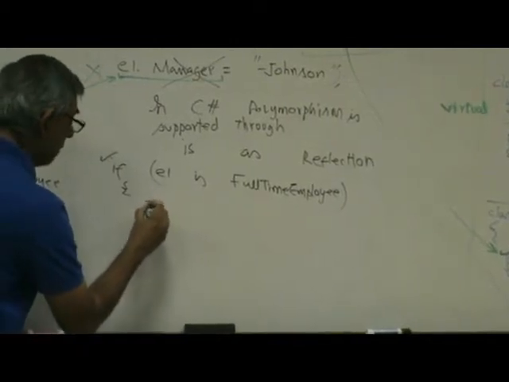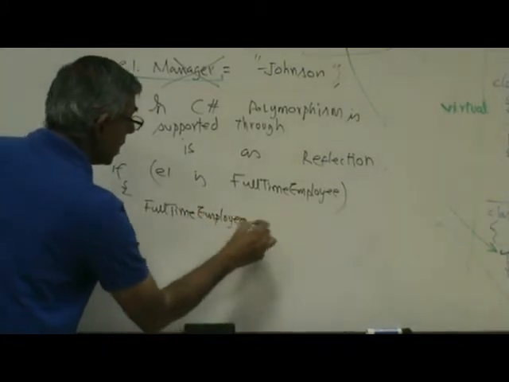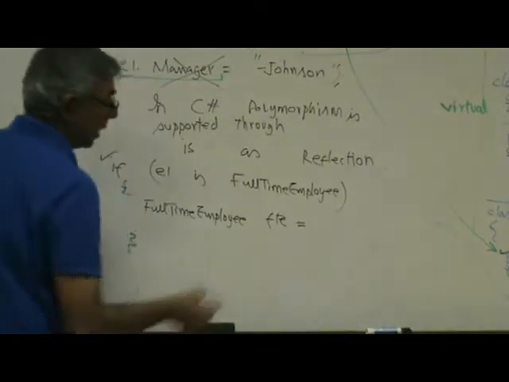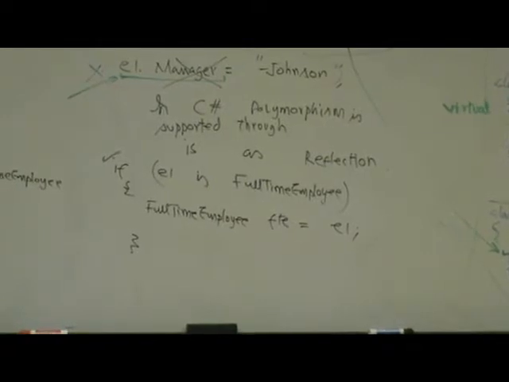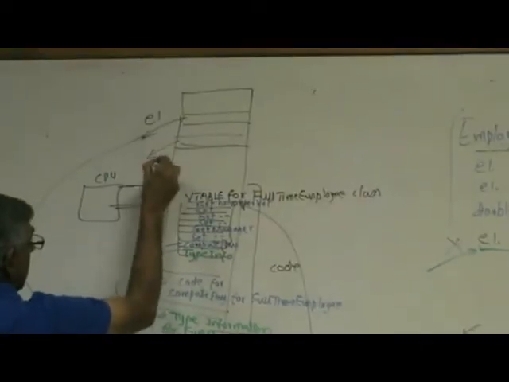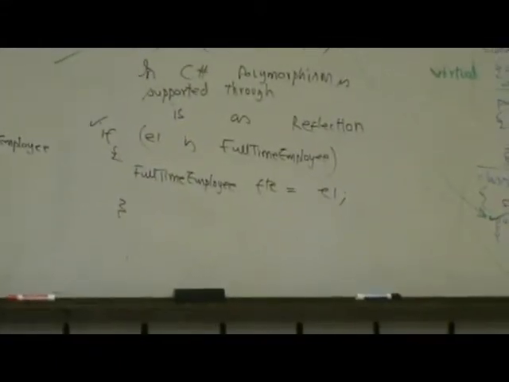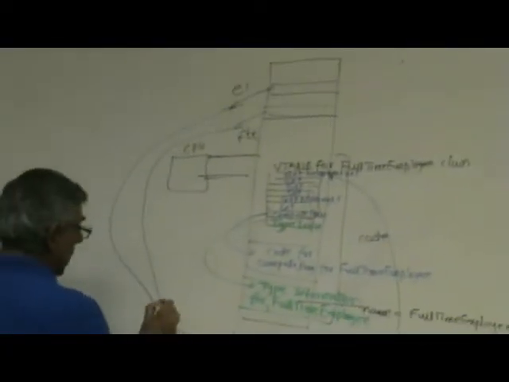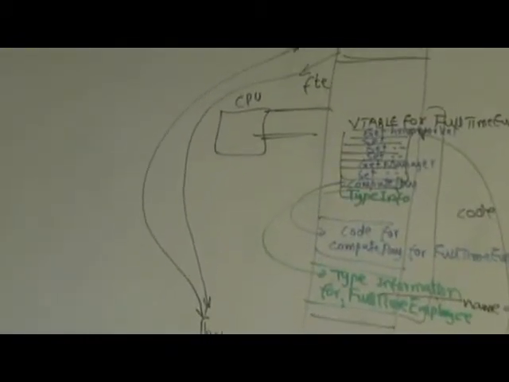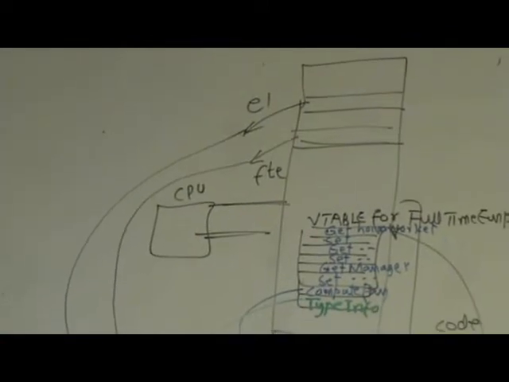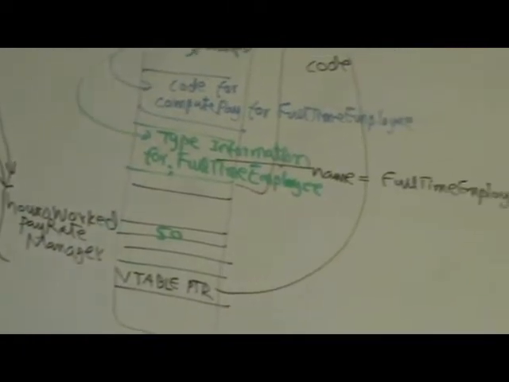we will create a full-time employee reference. So let's call it FTE, equal to, and make it point to the same place E1 is pointing to. Okay, so now there's another reference called FTE, and what type is it? Full-time employee, and we are making it point to over here, the same place where E1 is pointing to. However, as I mentioned last time, unlike Python or JavaScript, where this type of thing will be perfectly acceptable, both C#, Java, C++